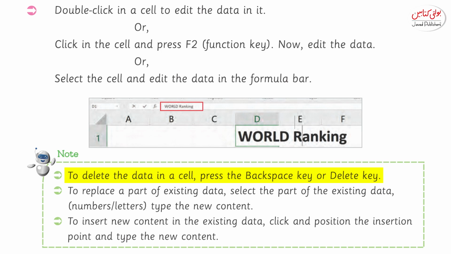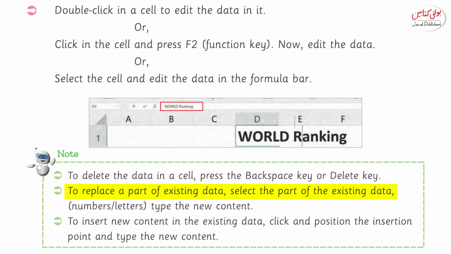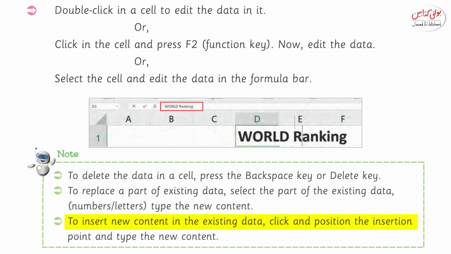To delete the data in a cell, press the backspace key or delete key. To replace a part of existing data, select the part of the existing data, numbers or letters, and type the new content. To insert new content in the existing data, click and position the insertion point and type the new